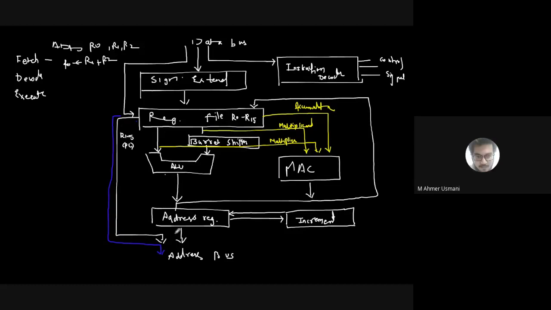What is the size of the address? Can someone tell me what size of address we have generally? 32 bit. And what is the size of the address bus? That is also 32 bit. So we take a 32 bit address and put it on the 32 bit address bus. Because of 32 bit, the total memory supported in ARM7 is 4 GB. So it will go to any one location among this 4 GB, the one that matches that address. What will it bring from that location, instruction or data? What will it bring?